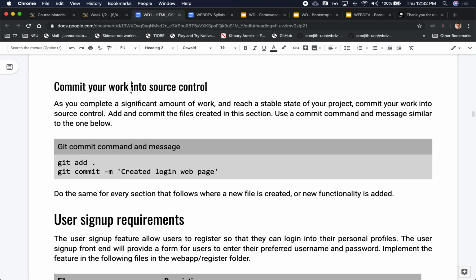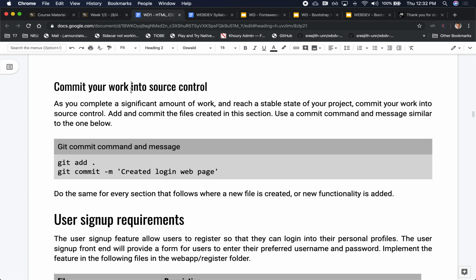Also, we want you to follow best practices of source control, right? So we're asking you to be as verbose as possible as you work through your assignment. We ask you to create a Git repository, add every new file that you create, and at any new milestone that you reach, you add the file, you commit it, and add a very simple comment, right? And so at the end, for maybe the login page, you might have 2 or 3 commits that might say, well, here's where I started, and here's where I styled it, and here's where I laid it out or whatnot